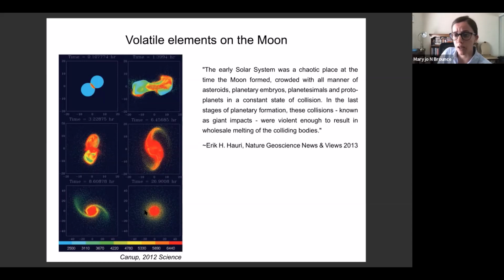And that when these bodies were cooling, the Earth with a larger mass would have reaccreted some higher proportion of these highly volatile elements, but the moon would not have. And so we expect that a major result of the giant impact would be that the moon is very, very dry. There is very low water, very low carbon, very low sulfur. That is the expectation of giant impact theory,